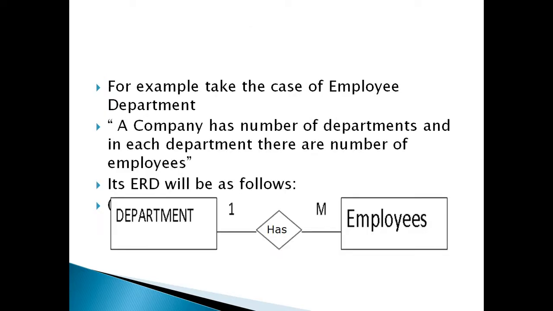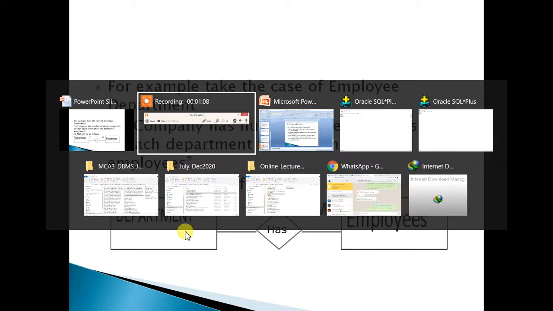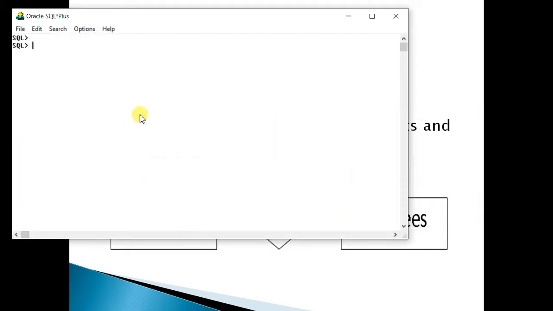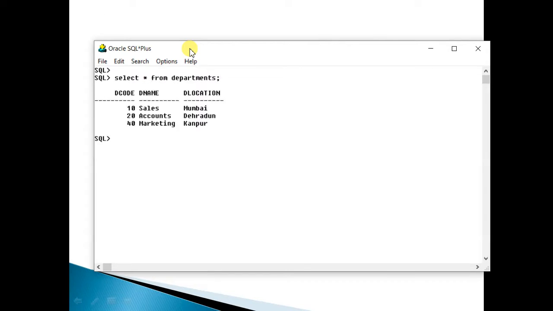We created these tables in the previous video, departments and employees. Today we will see primary key and foreign key in the same table. In the previous example, there was one departments table. Select star from departments, in which deptcode was the primary key.